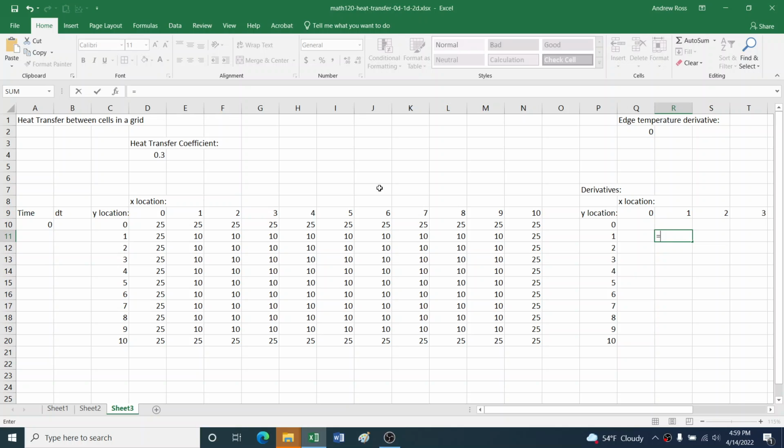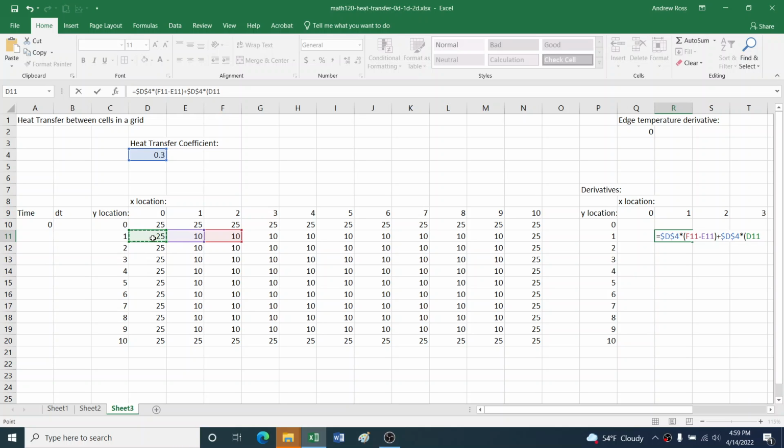So I'm going to say equals my heat transfer coefficient times, and what we did before was the cell to the right minus my current temperature. So this is at x location 1, y location 1 here. And then we did heat transfer coefficient times